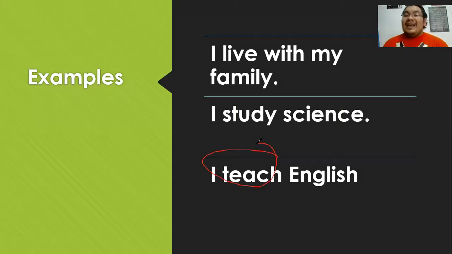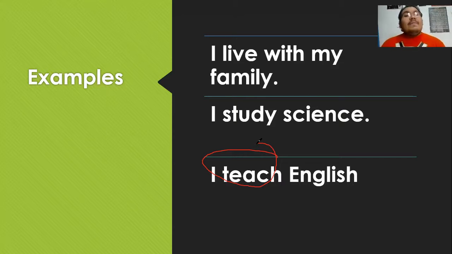Yo soy un profesor. I am a teacher. So I teach. Así que yo enseño. I teach English. Yo enseño inglés. Hay muchos verbos que podemos utilizar, especialmente, por ejemplo, para las personas que hacen cosas de forma rutinaria. Si juegas algún deporte, I play basketball, por ejemplo. I play baseball, si eres una persona que se dedica a hacer eso con frecuencia.